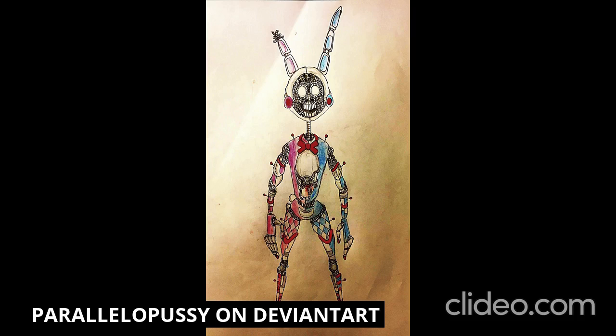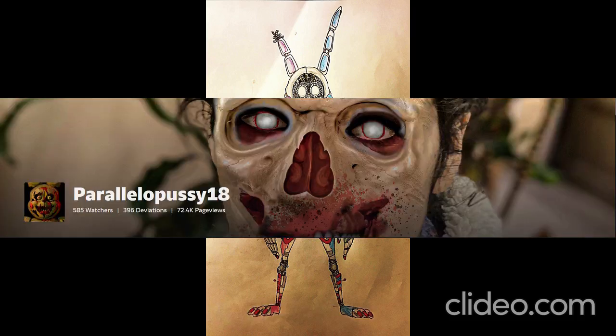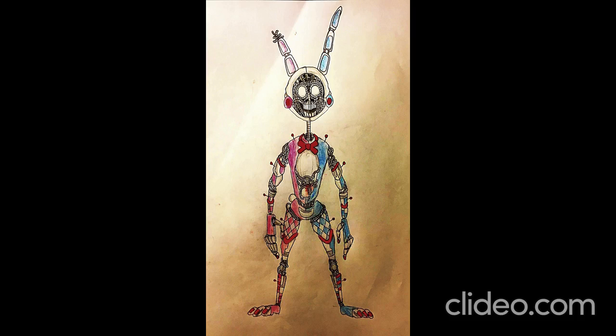OOSB stands for Out of Service Bonnie. This refers to one of the most terrifying, but also one of the coolest fan designs of Funtime Bonnie. Originally created by Parallelepsy on DeviantArt, posted in 2018, artwork of Funtime Bonnie. Elongated body and limbs, a great reference to Withered Bonnie, and candy-like coloring made this model stand out so much